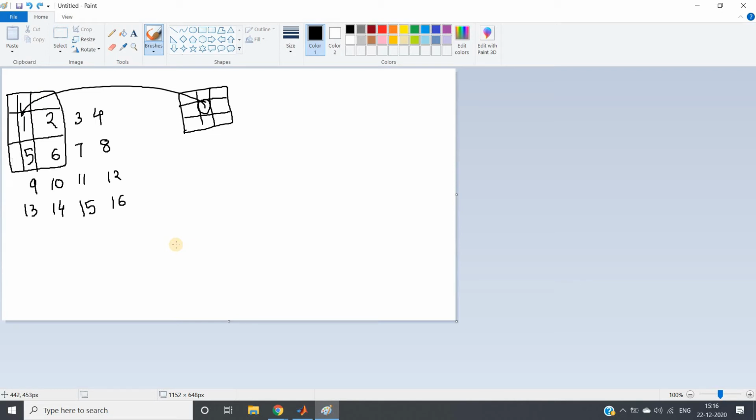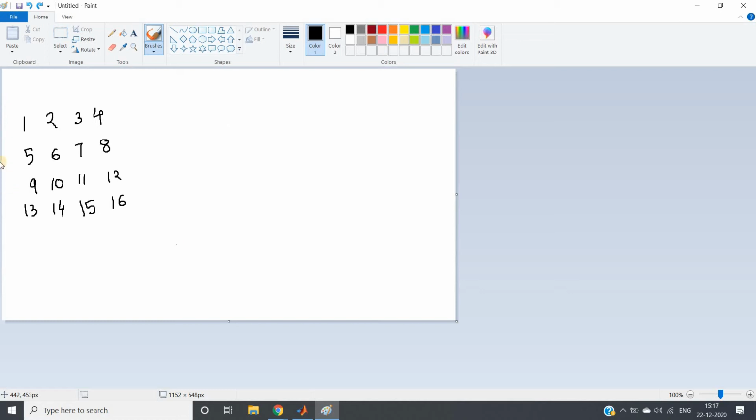So in short, before using this window on my image, I will just create a 0 matrix and cover the boundary like this. Here also.